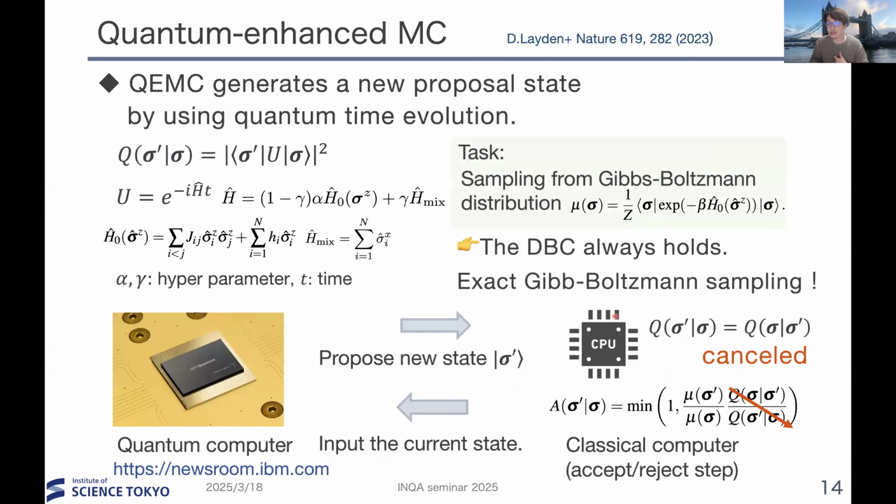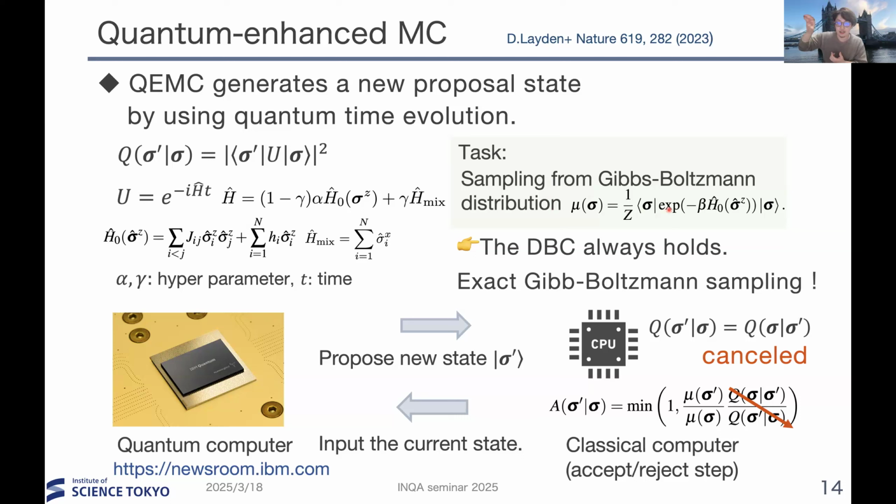So let's move on to the mathematical definition of quantum enhanced Monte Carlo. The QAEMC generates a new proposal state by using the quantum time evolution like this. This is a proposal probability. And U is a time evolution operator like this. And H hat is a Hamiltonian. And H0 is a target Hamiltonian like this. And the task is sampling from the Gibbs-Boltzmann distribution mu